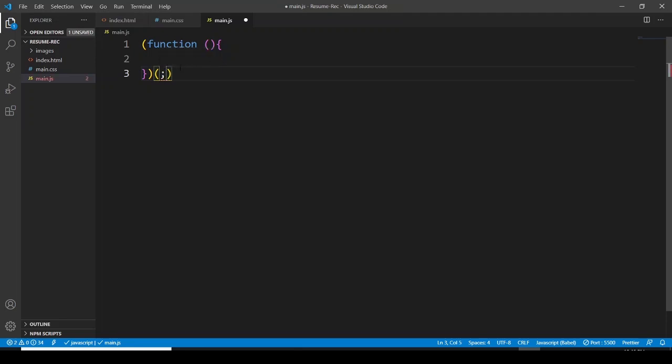Now within this code block, I'm going to write my code. So I would like to have a const. The const is going to be filter button, filterBtn,